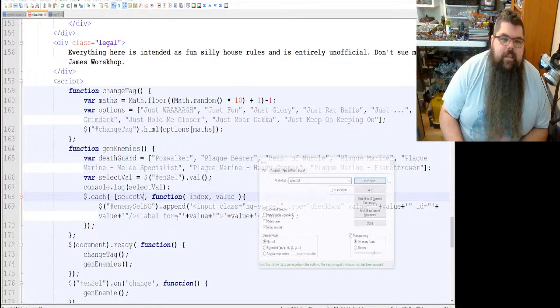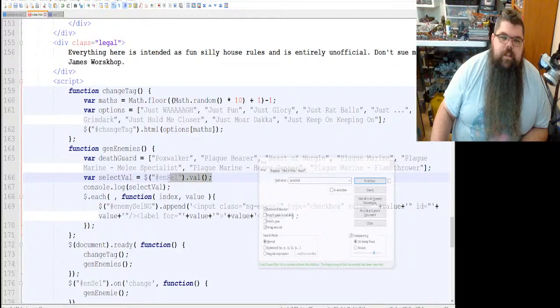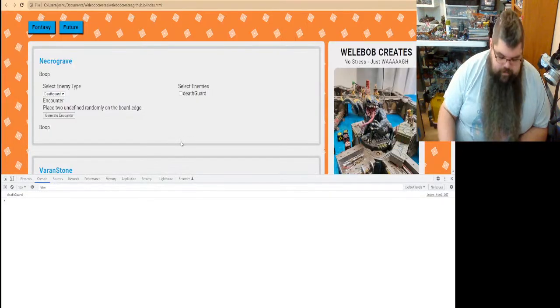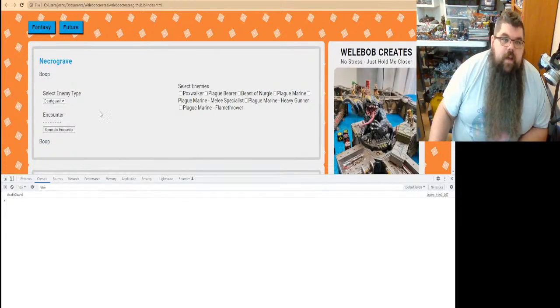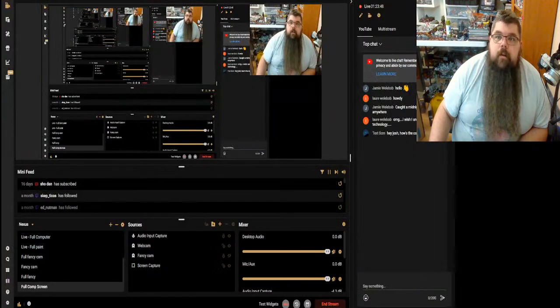Alright, it doesn't like that it's returning the value as a string. It has something to do with how this is returning. Alright, so we're just going to keep it as Death Guard for now. I can debug that later. Let's at least get the core functionality in here, right? Because technically... Alright, so that works as is. And right now we have to fix this bug, and then it'll totally work.